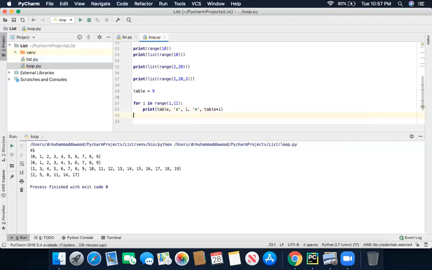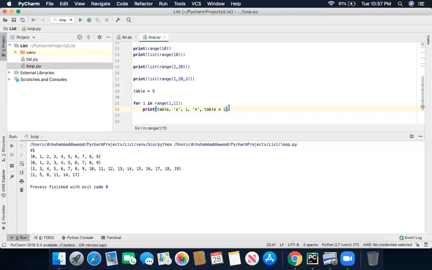Got it? I, and then table equals, comma, table, star.